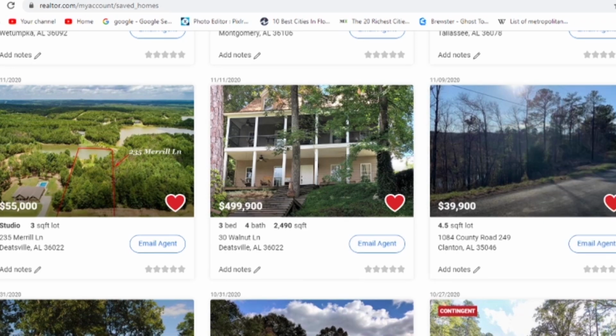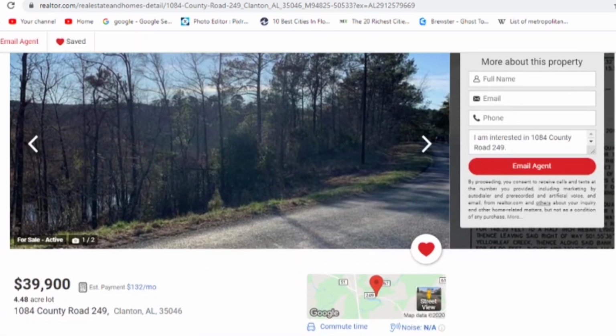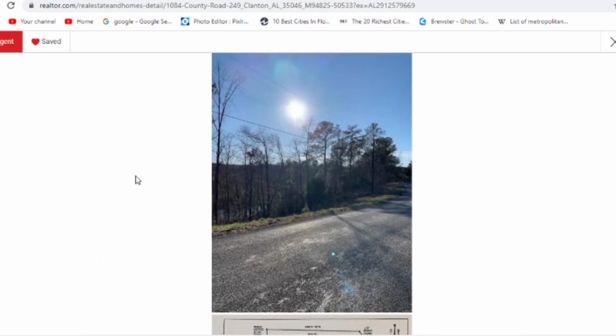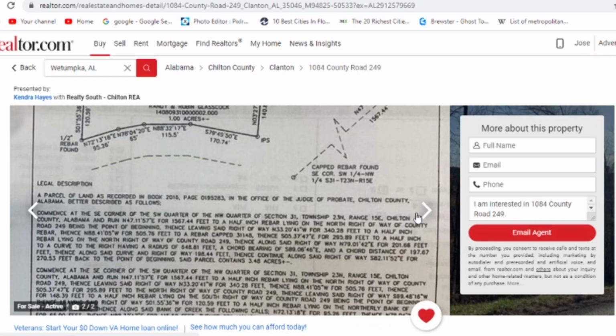This one's in Clanton. Now, Clanton, it's just to the north of the Montgomery area. It's not exactly anywhere, but it's close to Birmingham, and it's close to Montgomery. So within less than an hour, you can be in Birmingham or Montgomery. But within the immediate area, there's not much. Except for Clanton, they have 2 Jacks. You'd think one would be enough. There's 2 of them. But this plot of land here,